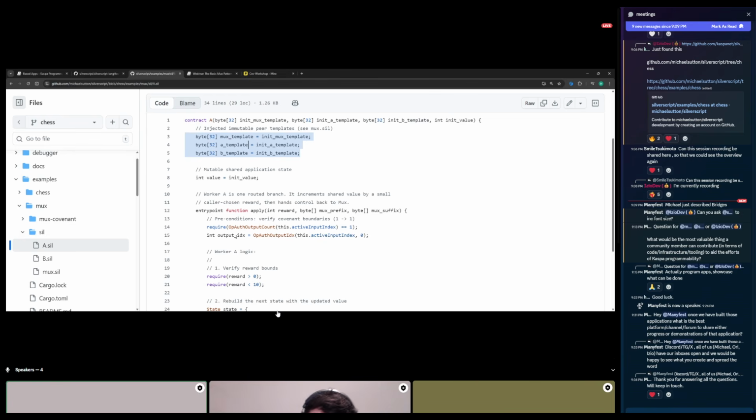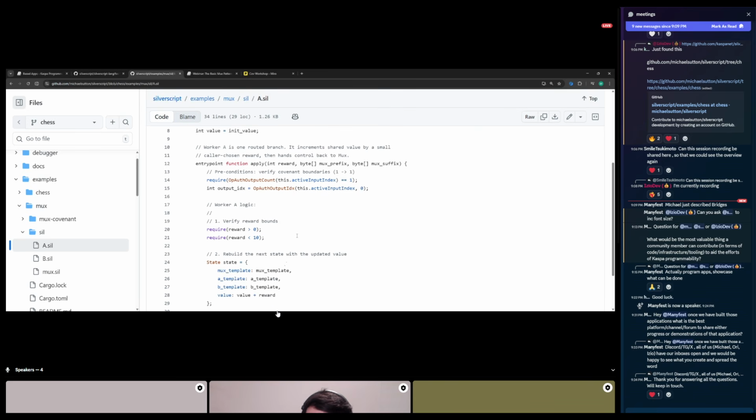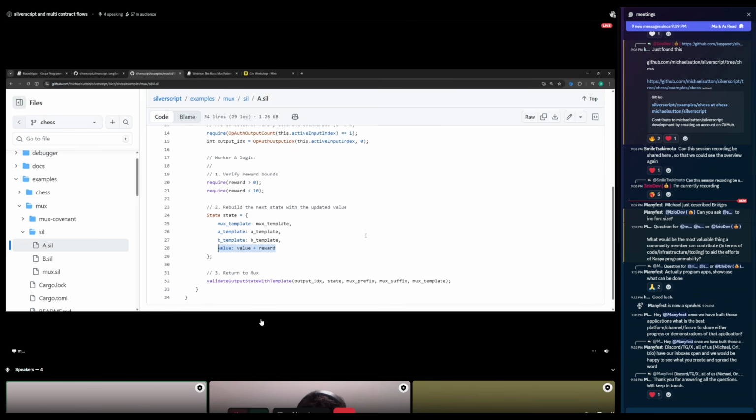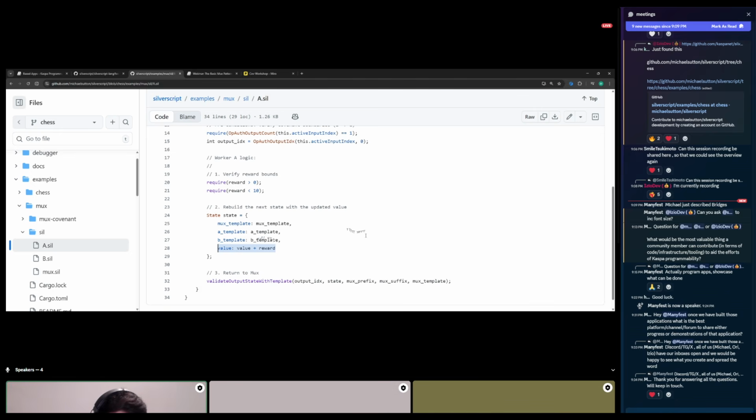If you want a state machine that doesn't run away, it cannot go to some arbitrary script logic. If you want it to be closed, you have to have the knowledge of all other templates, and you have to pass authority very carefully. So the pattern is you're always going to see the template part of the state passed as is, and the state can change depending on the logic of the worker. Does that make sense? Yeah, that's really interesting. I never thought of it.